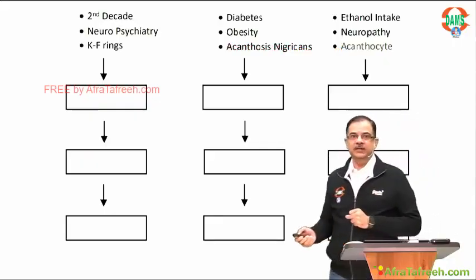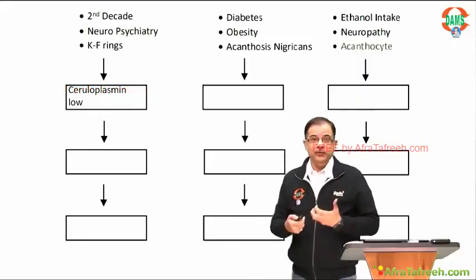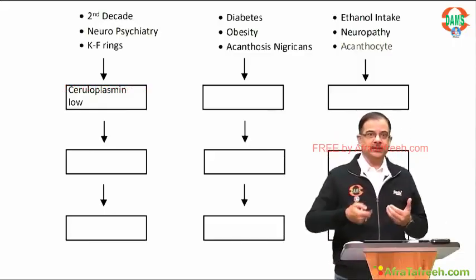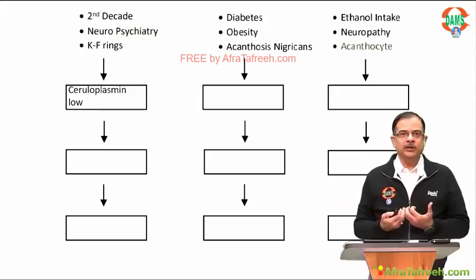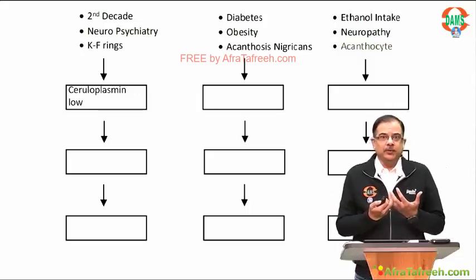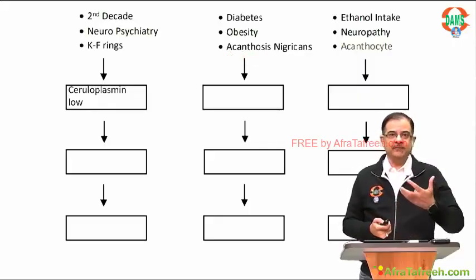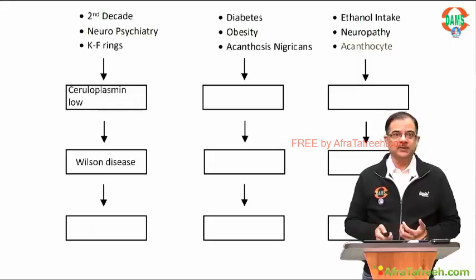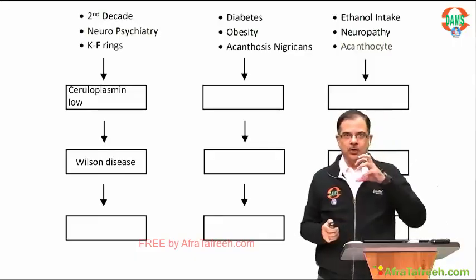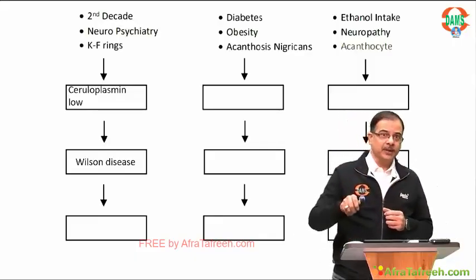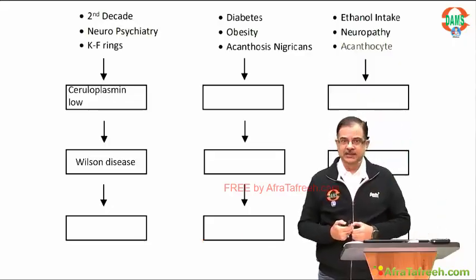So for the Wilson disease screening test, we will go for ceruloplasmin, which is low. When this child comes to you, you advise ceruloplasmin and the lab report comes out to be low, so it gives a kick, like you are thinking in the right direction. You can be the physician who has diagnosed the patient with Wilson disease. Though the confirmatory gold standard test is liver biopsy, even before that you have diagnosed the clinical case of Wilson's disease.